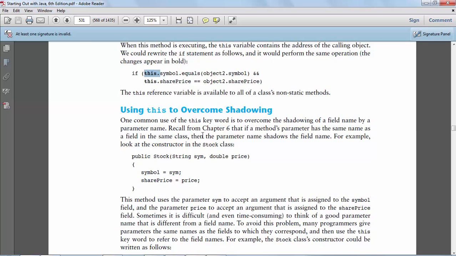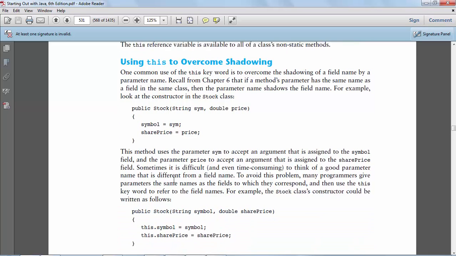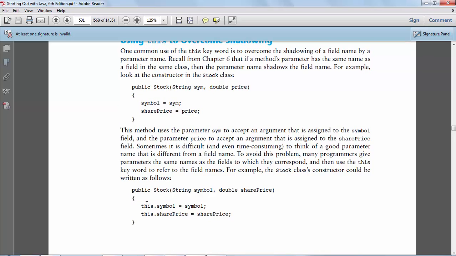If we had two variables, one named symbol and one named share price, and we tried to pass in sim and price, it's not a problem. But if we had a variable called symbol and one called share price that we've defined up on top, and we try to pass in variables that have the same name, if you don't say the this dot,